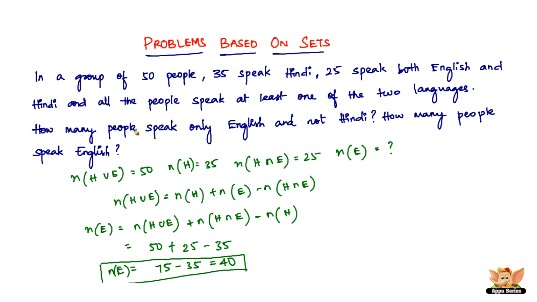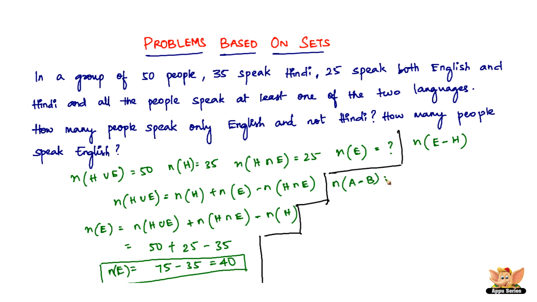So now we have to find how many people speak only English and not Hindi. So obviously the equation that we have to form for that is N of only English, so E minus H is what we have to find, right? If you go back to that video where we've listed a number of results, you can see that N of A minus B equals N of A minus N of A intersection B. So in this case, E is A and H is B. So we have N of E minus H is equal to,